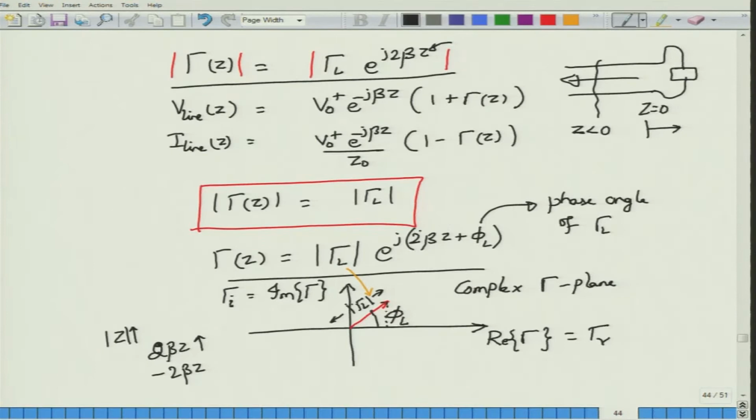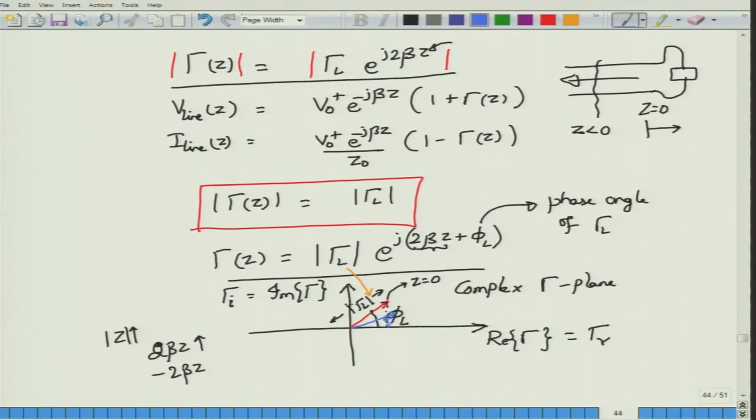So your total angle here, which would be changing, becomes negative as z increases, or as you move away from the load towards the source. This negative value plus, maybe initially we will assume that phi L is positive, so positive plus some negative value, the total value of this angle is actually shrinking. So you started from here, which corresponded to the reflection coefficient at the load, but now after traveling a certain distance z, you end up with the same magnitude but at a different angle.